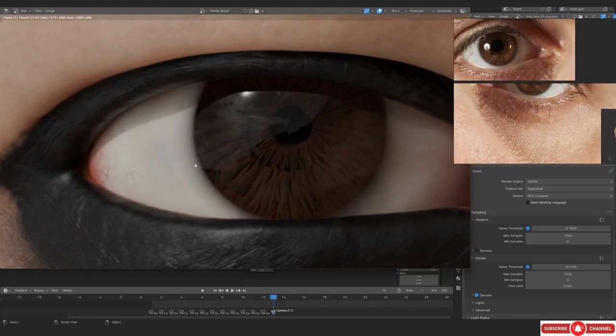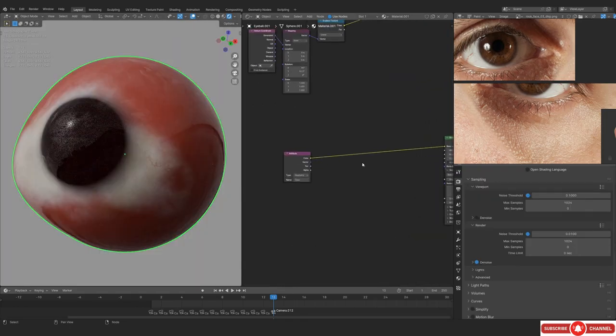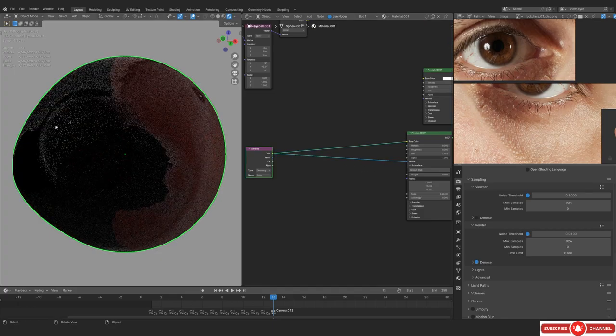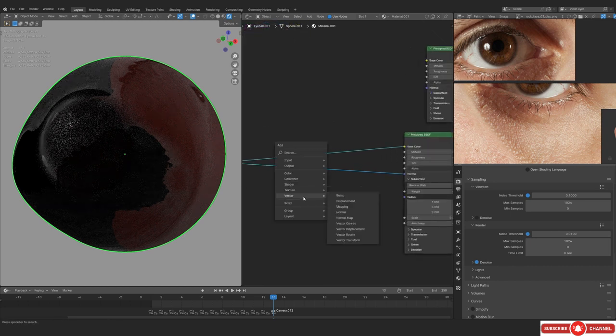Now, yeah, also something that you can do, you can actually add this darker ring kind of a thing around the pupil area. So totally up to you if you want to add it. I think it's looking okay. You don't even need to do that, by the way. But again, the idea is to actually just use this as a bump node.